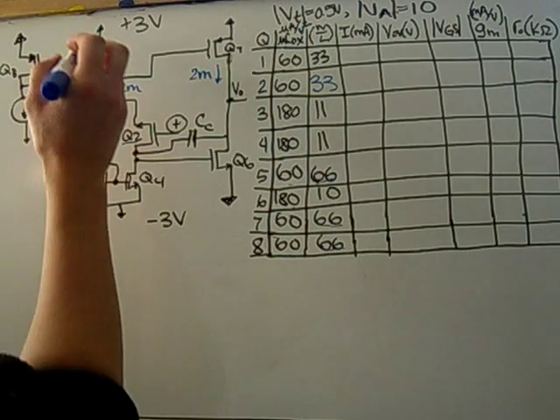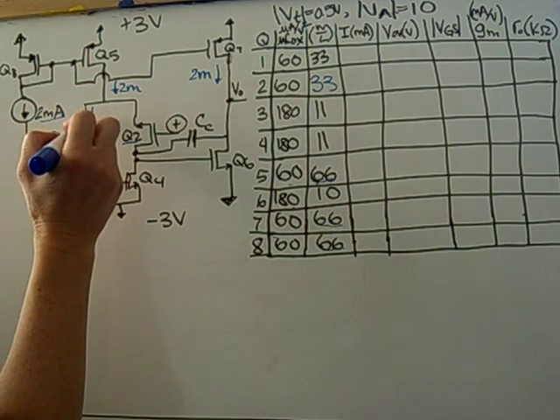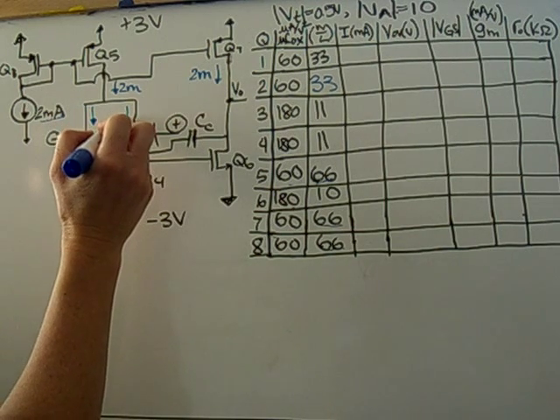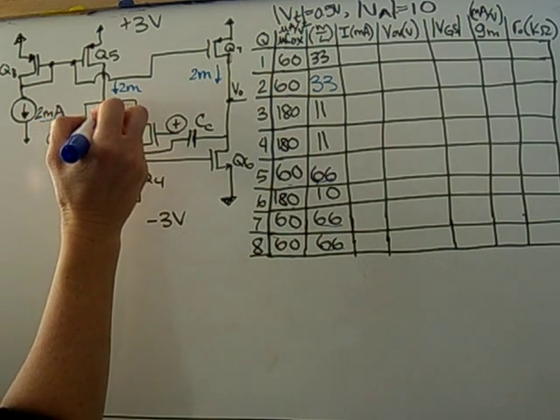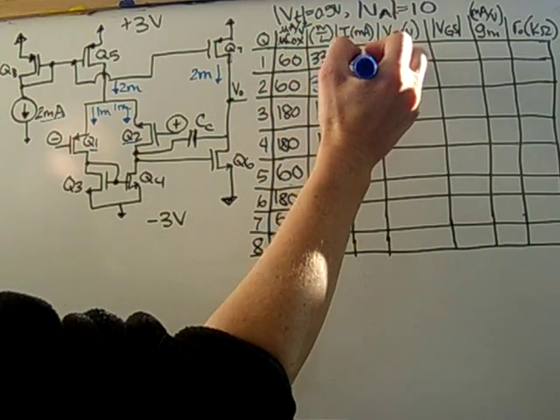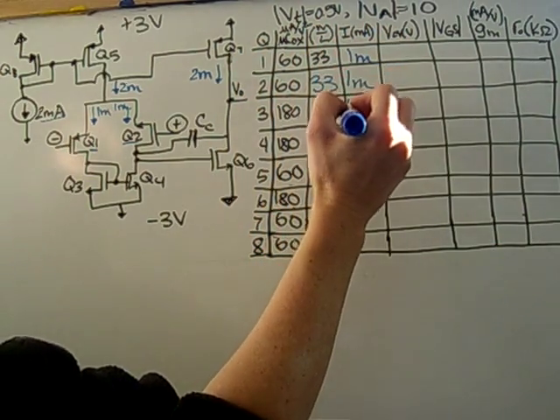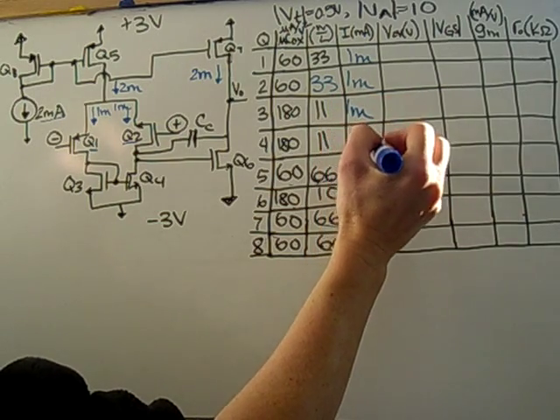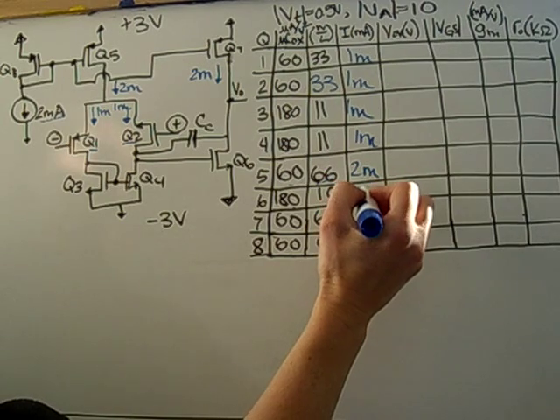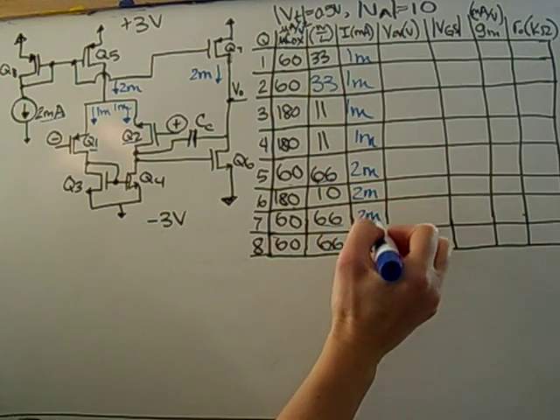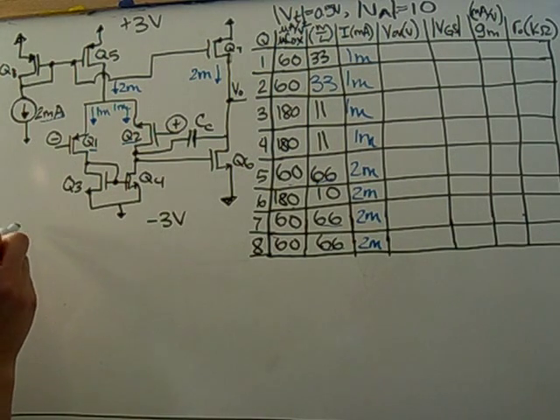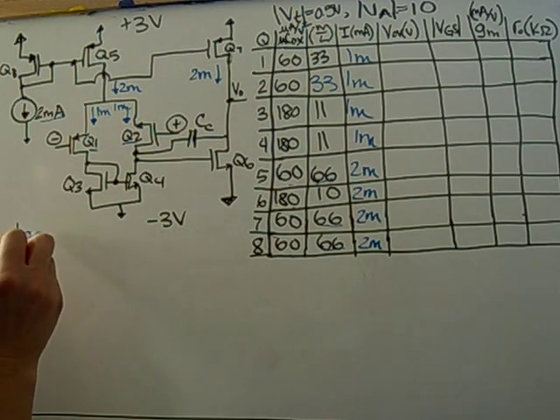So as this comes down through the differential amplifier, it's going to split equally, so we have 1 milliamp for each of these. So 1, 2, 3, and 4 will each have 1 milliamp. And 5, 6, 7, and 8 will have 2 milliamps. From the current, we can find the VOV for each of these transistors. For 1 milliamp,